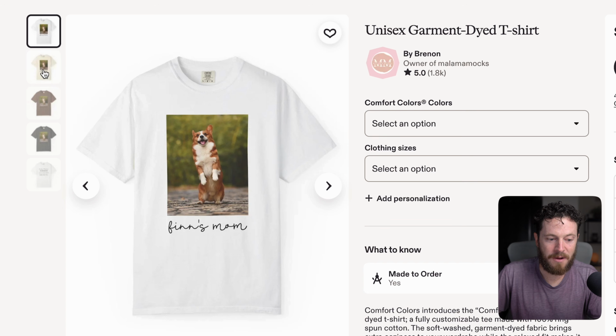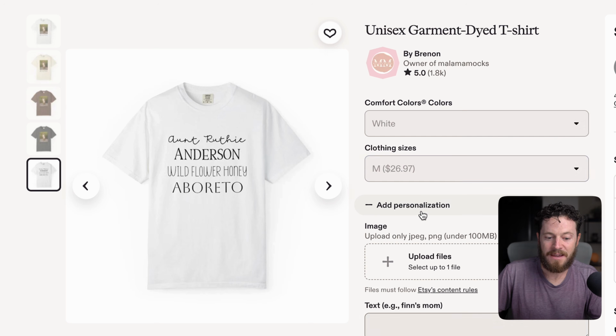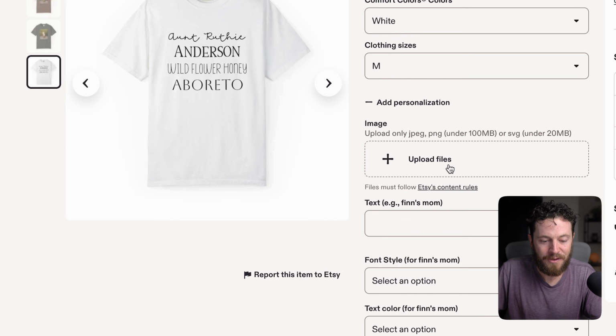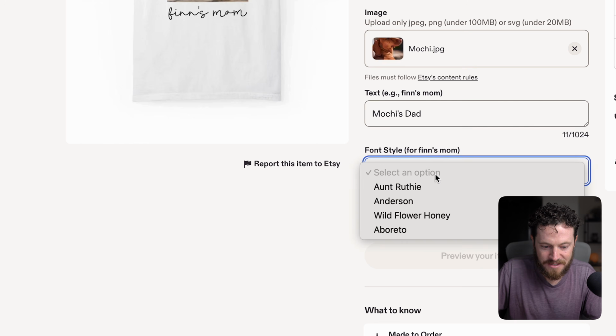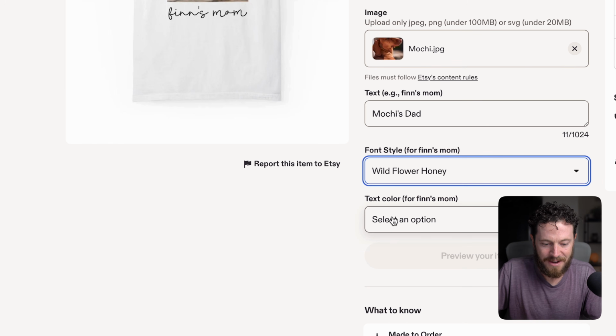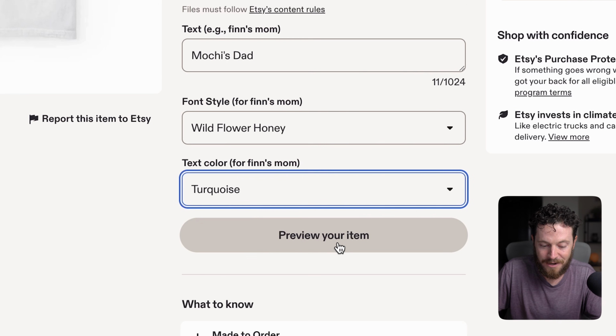Here on our listing, we have our mockup photos. We have our colors as well as our sizes here. And I'll go ahead and add a photo here so we can preview our item and see what the live preview would look like. I'll change the text to Mochi's dad, and then I'll select my different font style. We'll do Wildflower Honey, and then the text color, we'll choose turquoise. And once I've filled out all the details as a customer, I'm now able to click here where it says